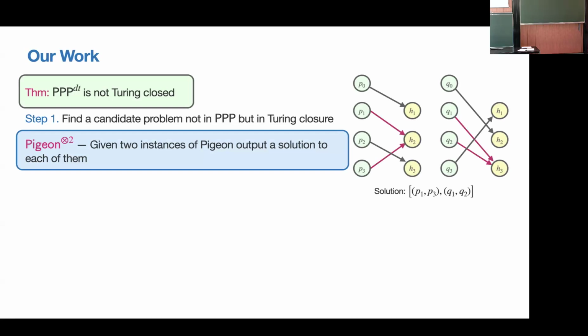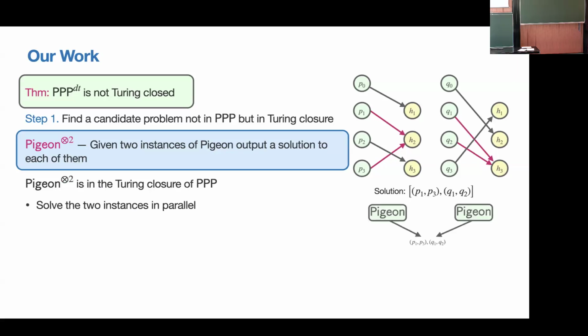So, for example, there's a solution, you solve the left instance, you solve the right instance, and you output the concatenation of the two solutions. So it's easy to see that this is in the Turing closure. Just solve the two instances in parallel, produce the solution. There you go. And it's actually something that's weaker than Turing closure, called the non-adaptive Turing